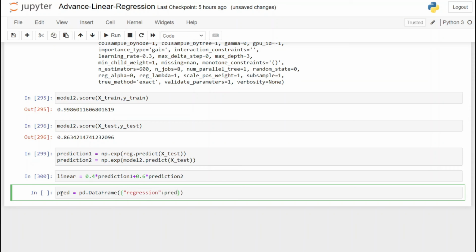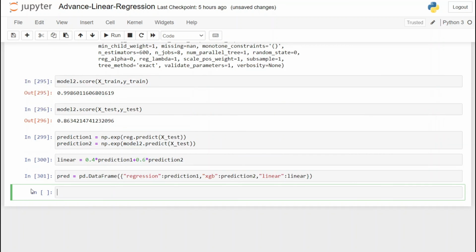So first we are going to create a column for prediction made by regression model. So I'm going to call it regression. Next we are going to pass XGBoost model prediction. So I'm going to call prediction 2. Next we pass the combined prediction, and I'm going to call it linear because we use linear method to combine these two models. Now let's run this cell, and now let me show you the prediction data frame.